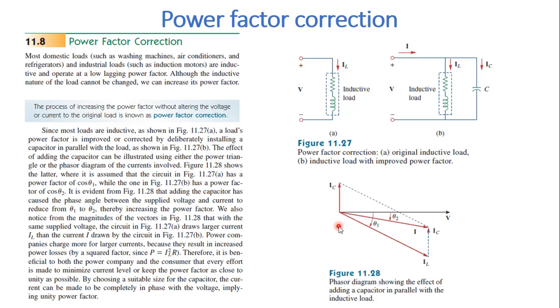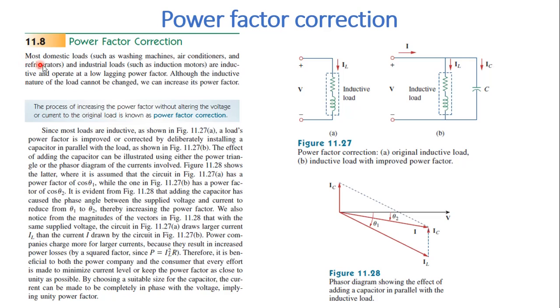So what we do is we normally make the power factor value closer to 1. Why do we have to do that? If the power factor is closer to 1, what does it mean? That the voltage and current are almost in phase with each other. If that is the case, then the current required by the load will get reduced. We will see how that happens.